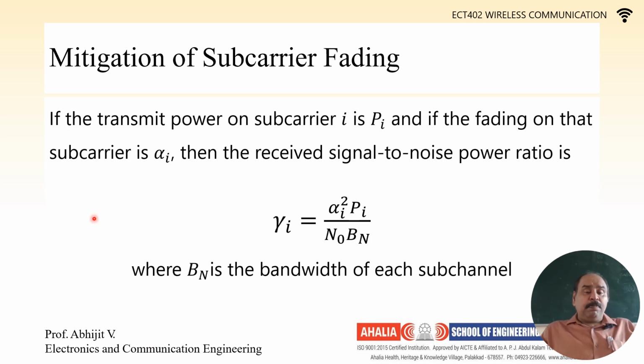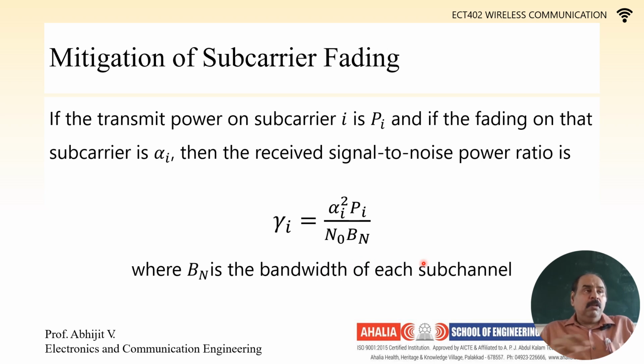If the transmit power on subcarrier i is Pi, and the fading on that subcarrier is denoted by alpha i, then the received signal to noise power ratio gamma i is given as